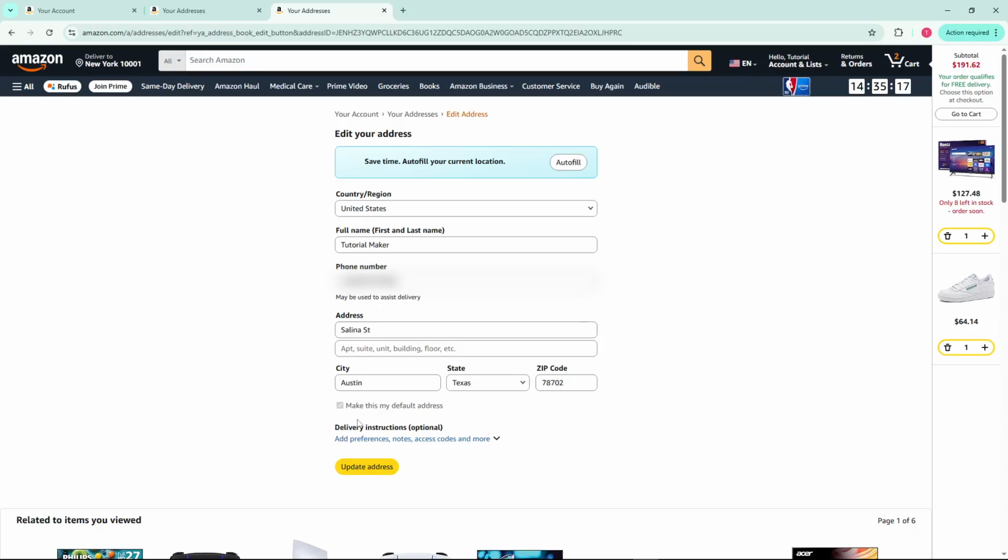Once you've double-checked that all the information is correct, click the Update Address button at the bottom of the page. Amazon will save your changes, and your new address will now be set as your default shipping location. You've successfully updated your Amazon address, and your future orders will be delivered to your new